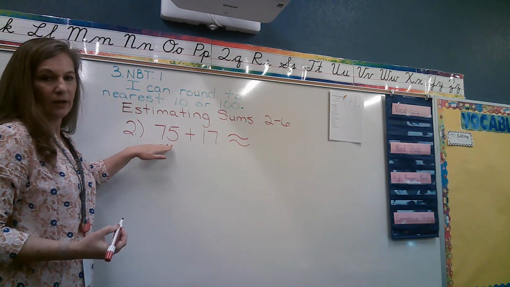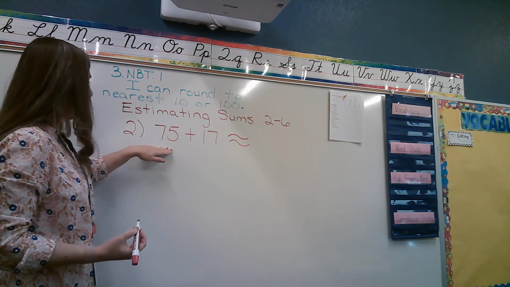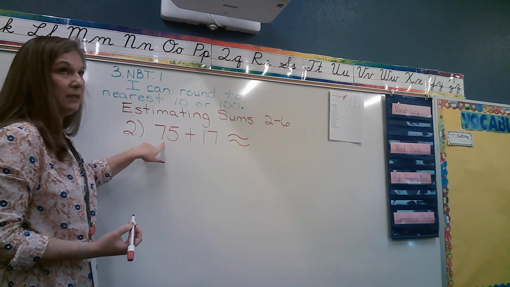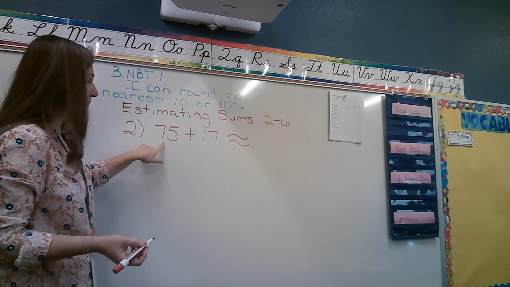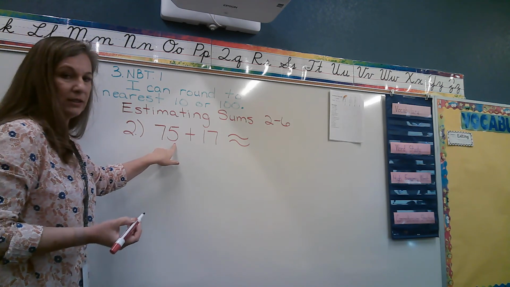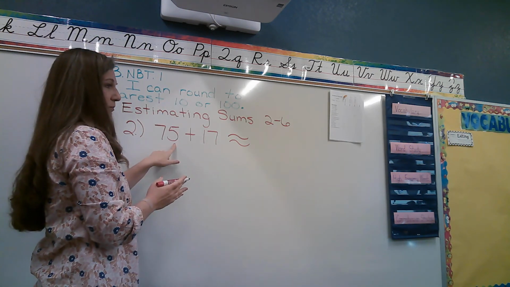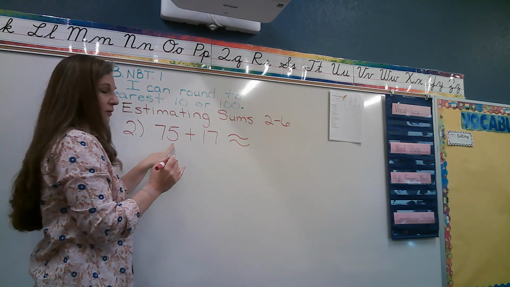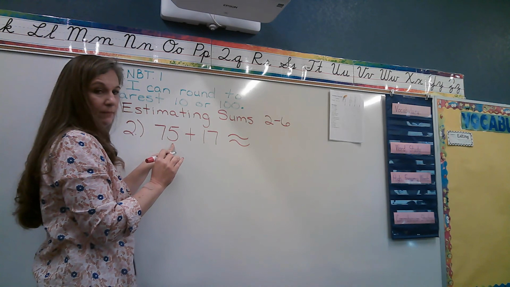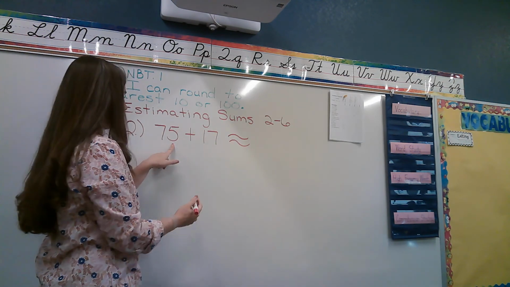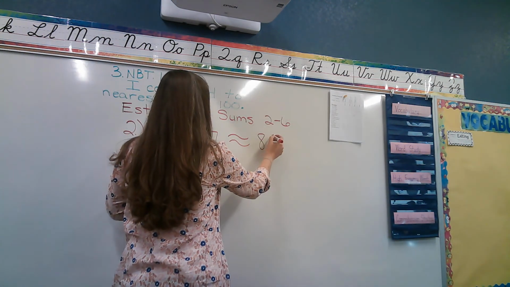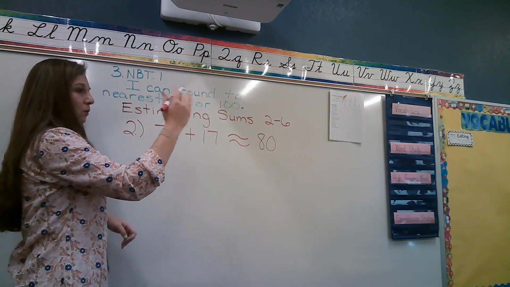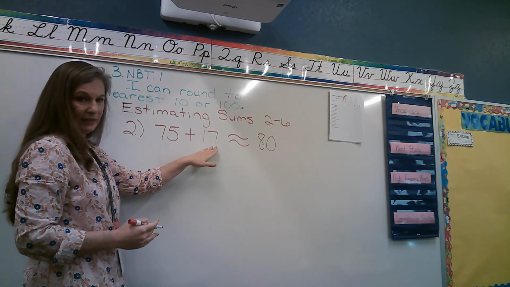And we're going to use our estimation of rounding. 75 is going to be between 70 and 80. Our ones digit tells us that 75 is right in the middle of 70 and 80. So if it's right in the middle, our rule is round up to 80. Right in the middle, the rule is round up. 17,